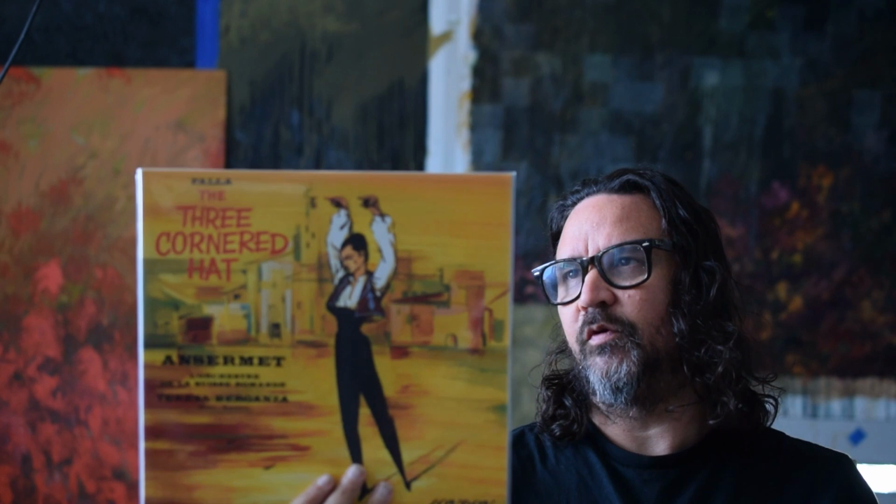As far as the performance goes, I'm not a huge fan of the performance. I feel like this particular album, to me, it sounds more like an ensemble ballet than it sounds like Falla. It's definitely not as Spanish sounding. It's definitely kind of smoothed out dynamically, and also, how would I say, there are some sections where there's nice